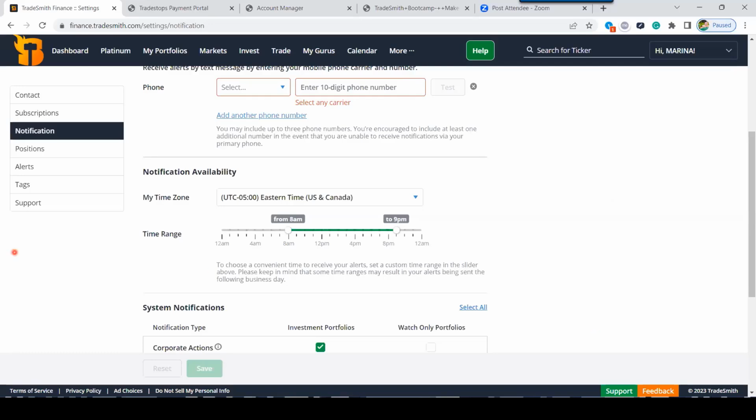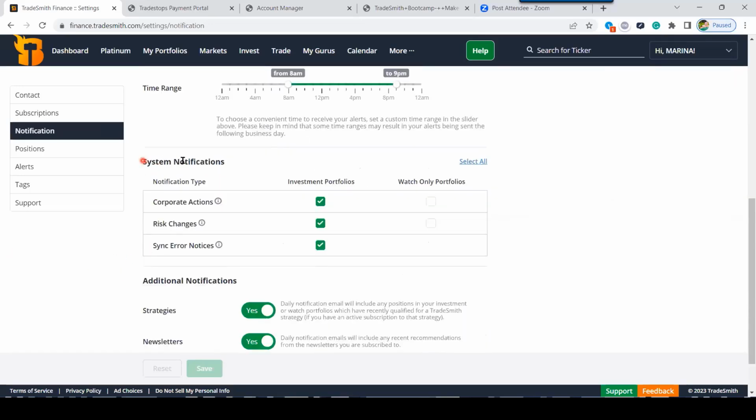Okay, moving right along, let's check out your system notifications right here. You can enable system notifications for all your investments and your watch only portfolios. Now, this is an all or nothing setup, folks. That means you can't pick and choose which of your investment and watch only portfolios are assigned any of these listed system notifications. Now, when I say watch only, these are the manual portfolios that you're creating within TradeSmith